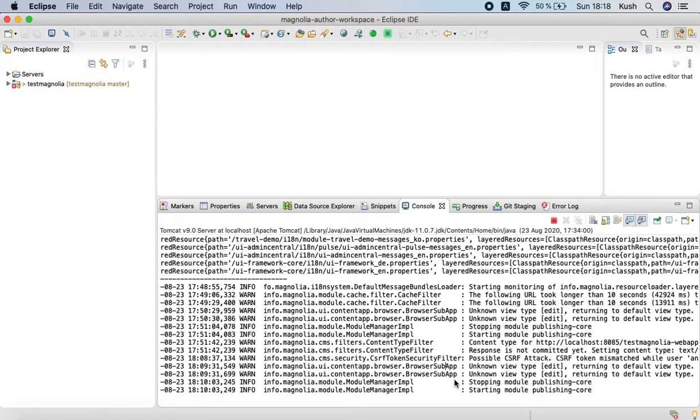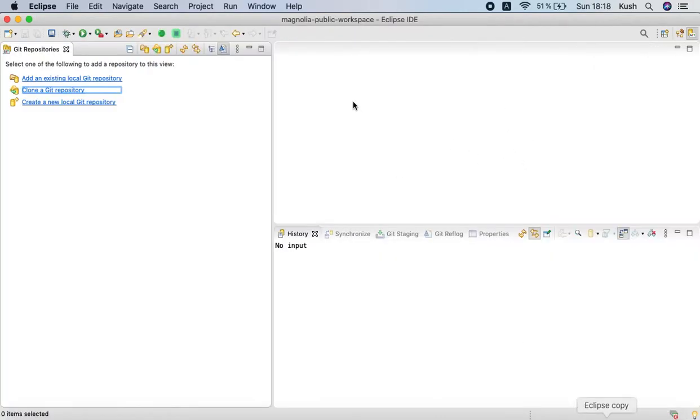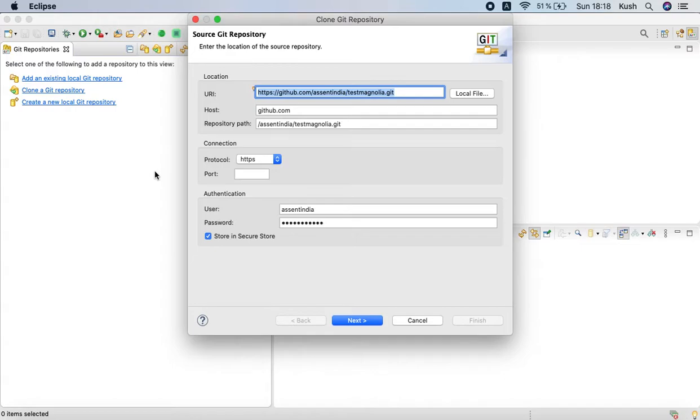I have created one more separate workspace for the public instance, and I have given it the name Magnolia public workspace. So you can see it's a separate workspace I have created for the public instance.